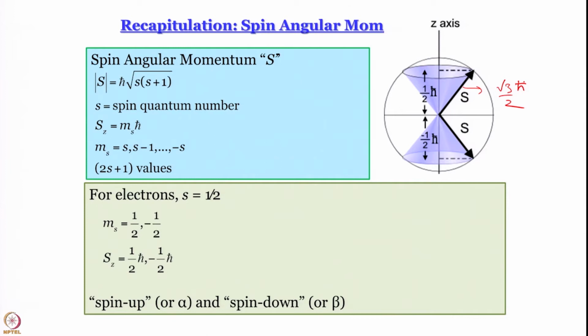The reason why I did not write it is that in quantum mechanics often you write quantities in terms of h cross as the unit. Okay. And here it is shown that the z component is equal to h cross by 2, right. So, if we take say this angle theta, what is cos theta?